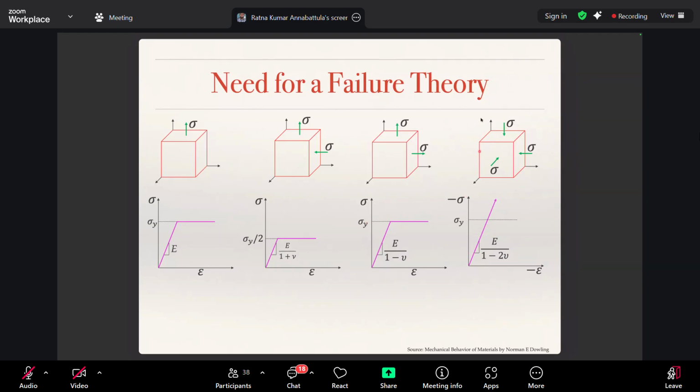Then this one, sigma 1 is equal to sigma 2 is equal to sigma 3 is equal to sigma. All three are same. For the third case, I'm getting sigma y actually. Sigma is equal to sigma y, right? Yes, it is sigma y only, it cannot be root 2. Sigma is equal to sigma y you are getting, correct? Yes, sir. Then it is correct. So whoever said sigma y by root 2, that is wrong.